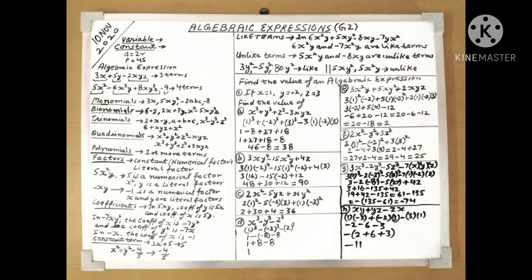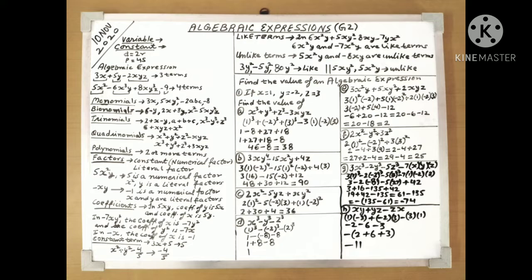The process is very simple. You simply put the values of x is equal to 1, y is equal to minus 2 and z is equal to 3 in the respective places and solve it simply as we did it in arithmetic operations, simple whole numbers, integers, using the brackets and the simplification process, and you will easily get the final answer as